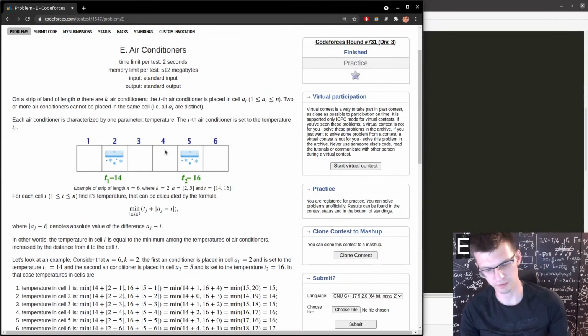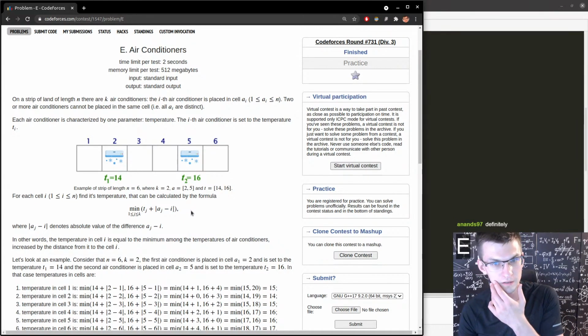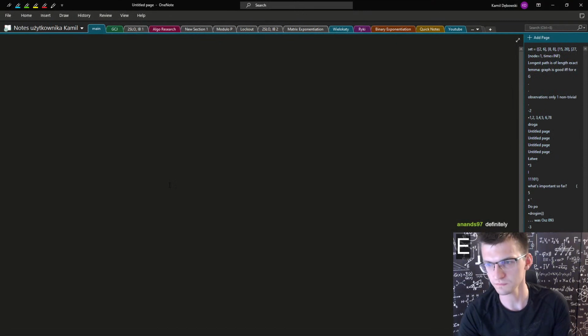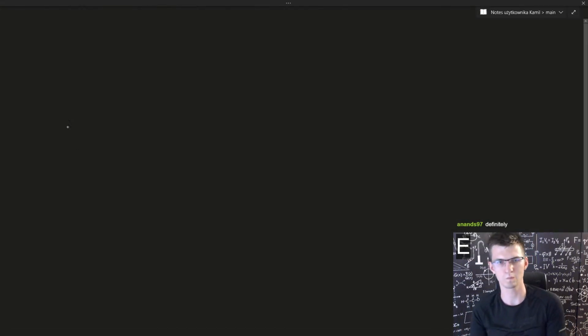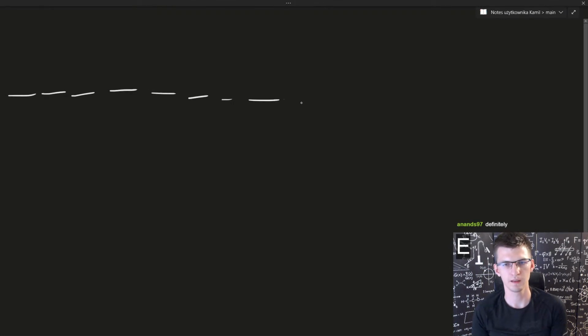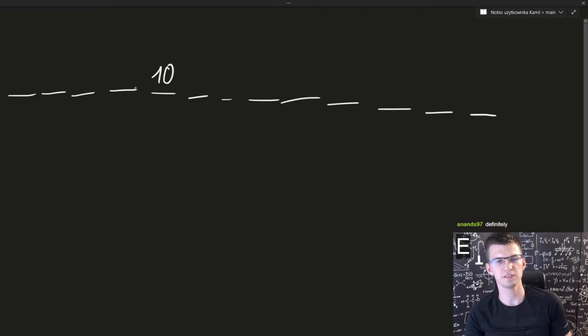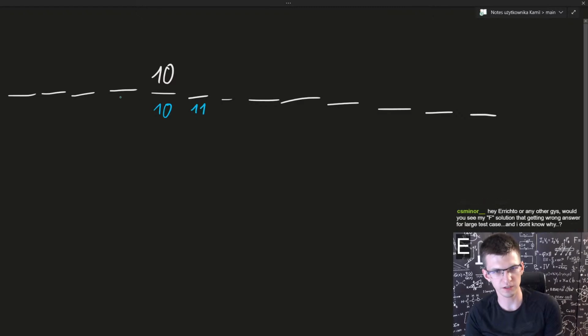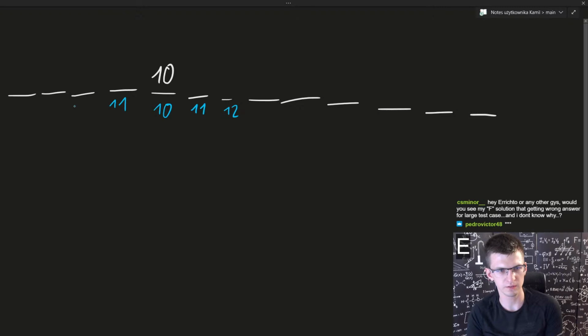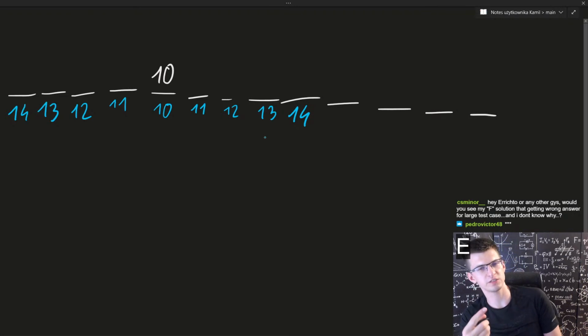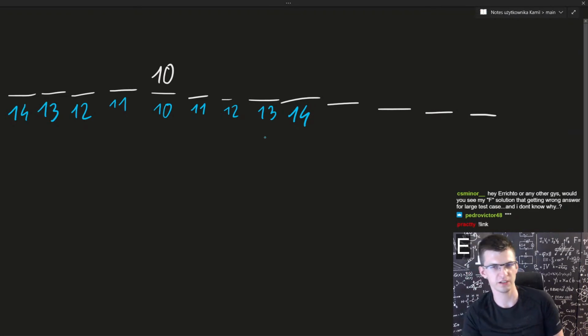But what do we have? I need one node for that. Temperature plus the distance. Right? Yeah. If there is an air conditioner in this cell with value 10, then it means that it brings the value down in this cell to 10, in neighboring cells to 11, then here to 12, 13, and so on. Maybe this is a good simple exercise at the beginning of this contest to understand how a single air conditioner would work, what temperature it would produce in every cell,